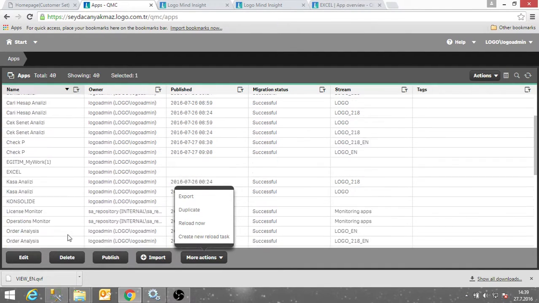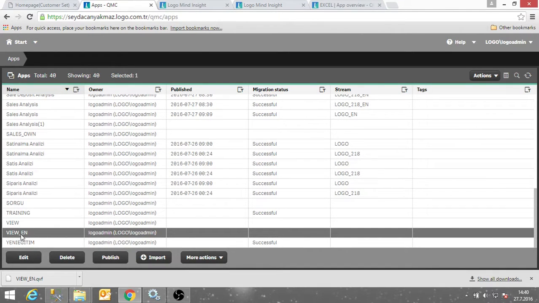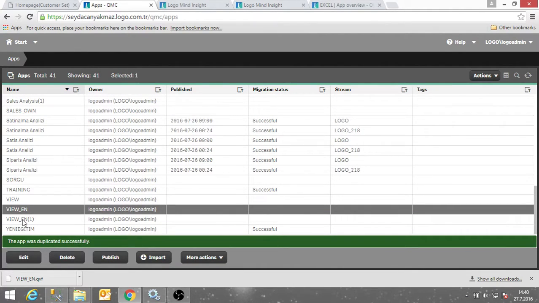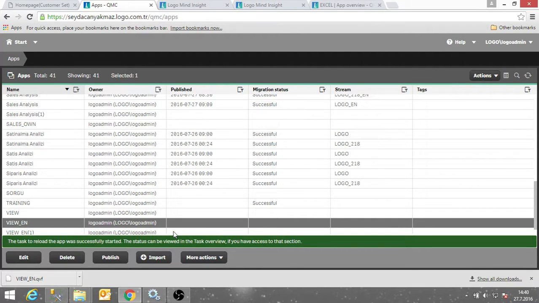Duplicating is duplicate the app. For example, I will select the VEN and I will say duplicate, and the system create a new VEN1 app in my system. Reload now mean running the scheduling for now,